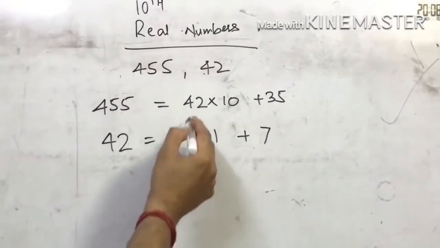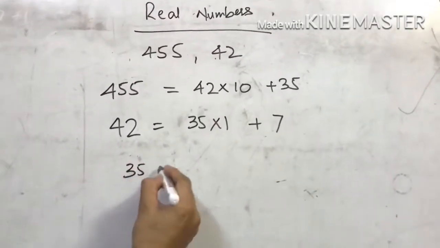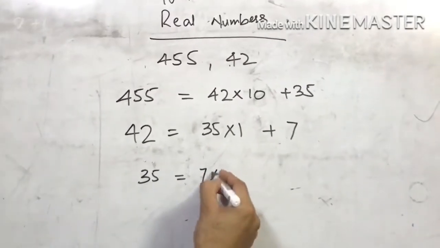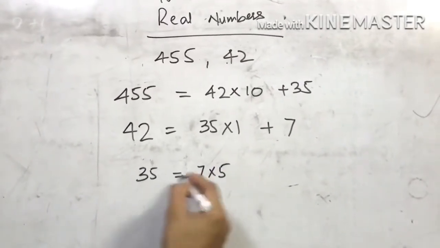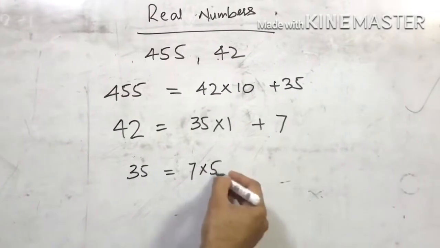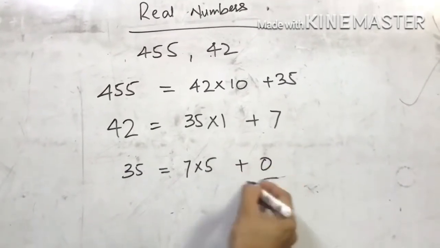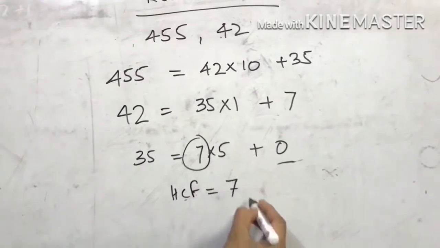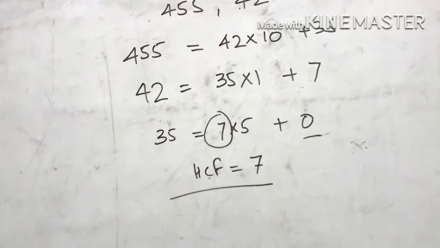Now just think by which number you will multiply it and what remainder you will get. Again same procedure. Bring 35 over here, remainder bring here. By which number you will multiply closer to 35, that will be 35, 7 5s are 35, you will get remainder 0. So this number will be HCF by Euclid division lemma method. Got it?